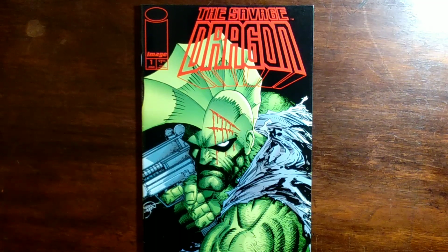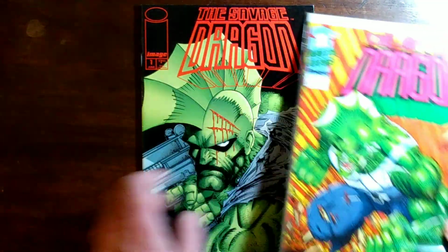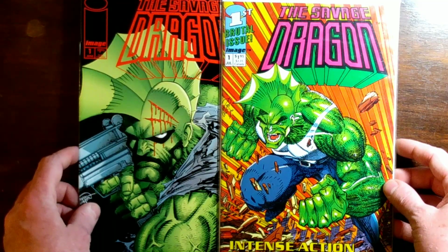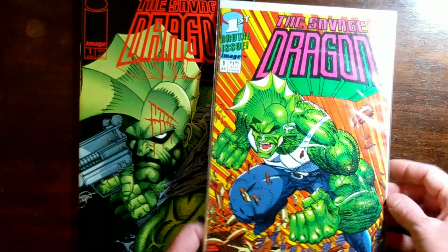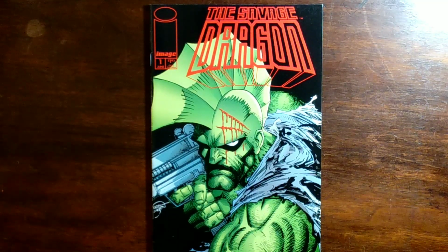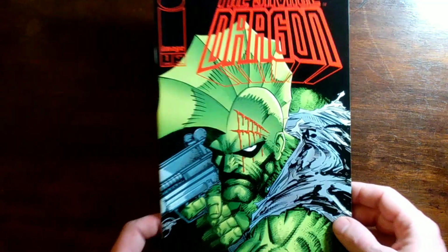This is of the ongoing series, not to be confused with the first issue of the miniseries, which is this cover here, the kind of iconic Savage Dragon #1 cover. He's got the tank top, the speed lines in the background. We're not looking at that one today, though. We're looking at Savage Dragon, the ongoing series here